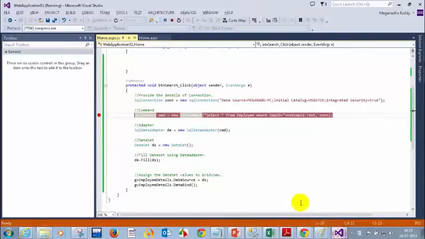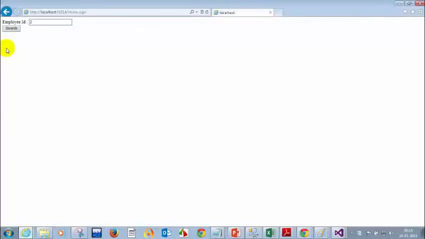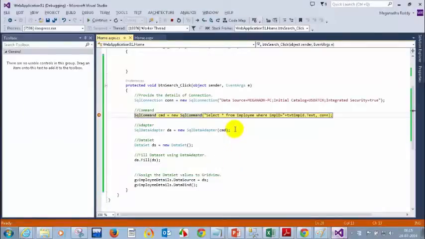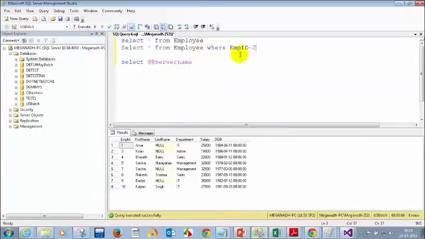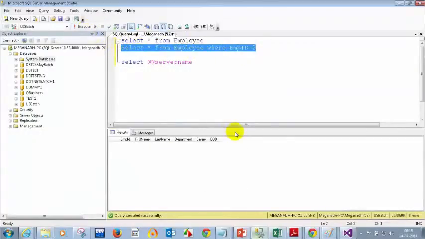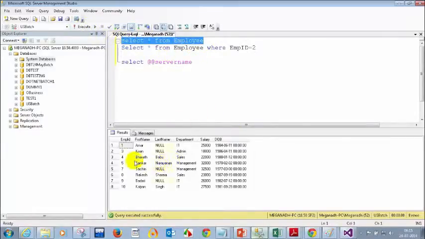So how do you debug? You put a breakpoint there and then click on the button again. So let me click on this button. The breakpoint is hit now. Let's check what command is getting generated. Press F10 and see here the command text. We can see select star from employee where emp id equal to 2. Let me execute this. Let me go back to this here and execute this. Why don't we have 2? Let me select star from employee. Oh, okay, employee ID 2 is not there and we are trying to enter that.